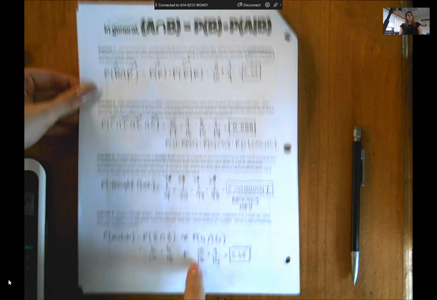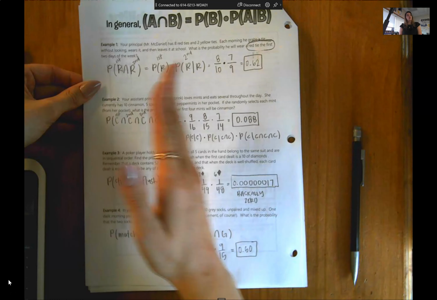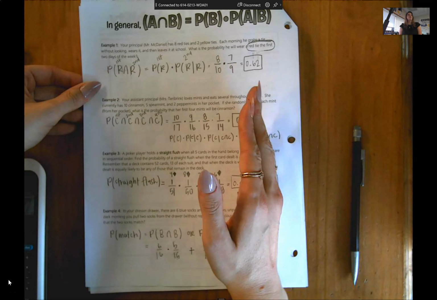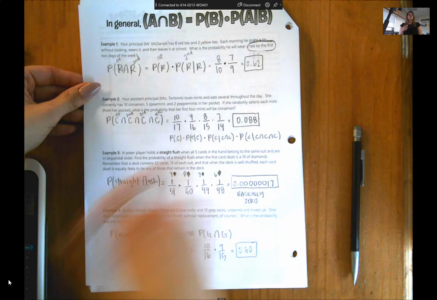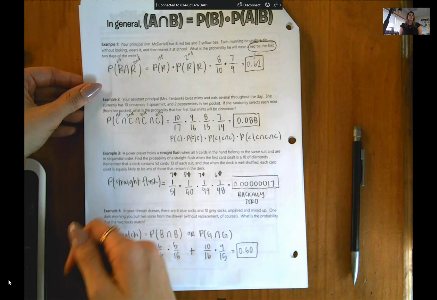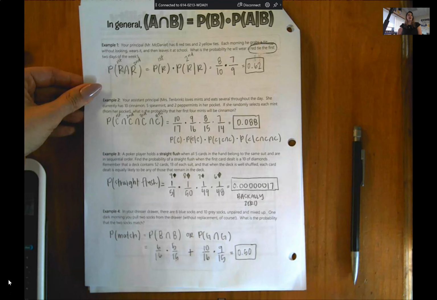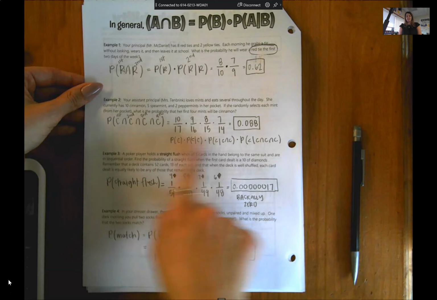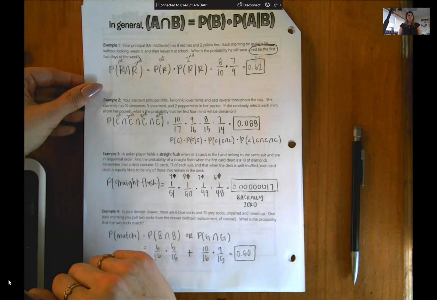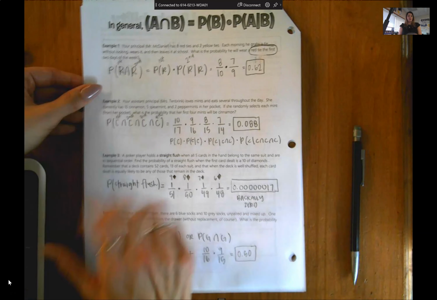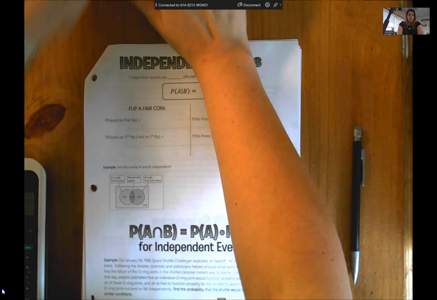You have to remember as the events keep going, the probability changes. So this is the opposite of flipping a coin 4 times. Because flipping a coin 4 times would be a half, a half, a half, a half, and you would multiply them together. But this is not. You're okay on that? Okay. Now we're moving on to the